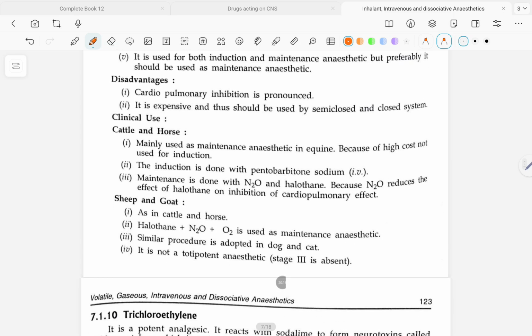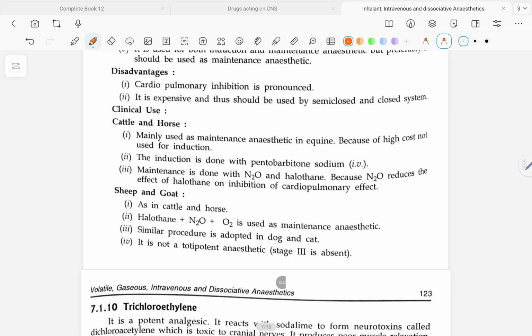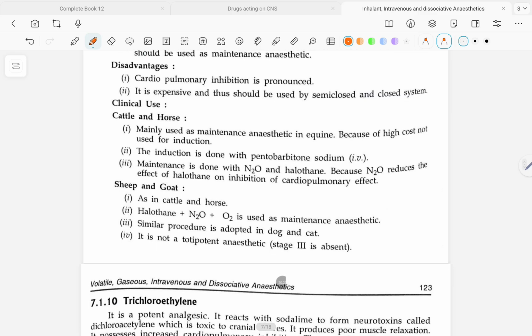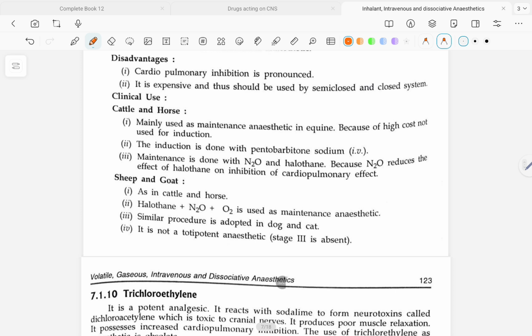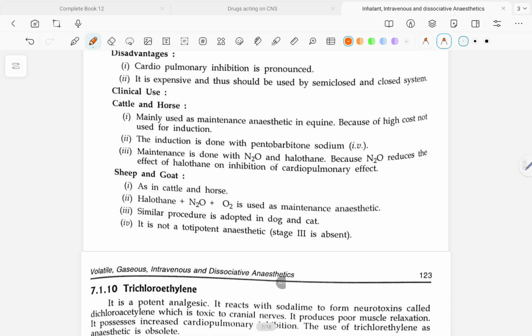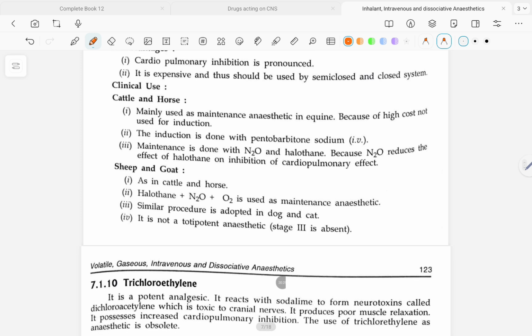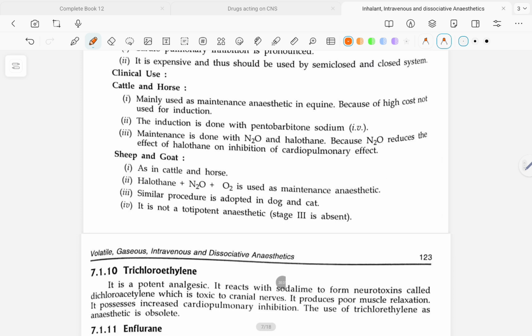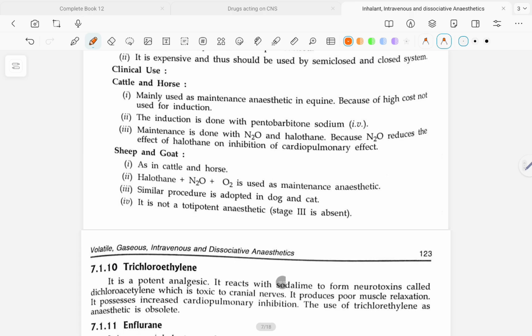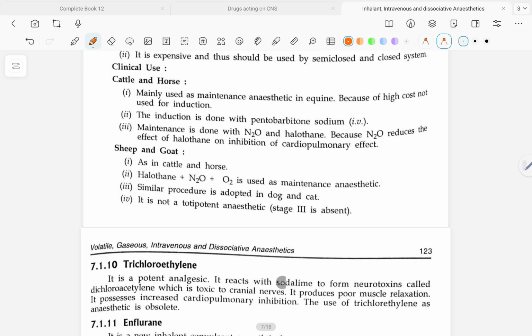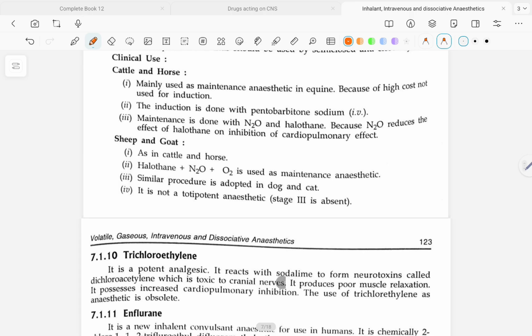Disadvantage: cardiopulmonary inhibition is pronounced. It is expensive and thus should be used with a semi-closed and closed system. Clinical use: cattle and horse, mainly used as a maintenance anesthetic in equine. Because of high cost, not used for induction. The induction is done with